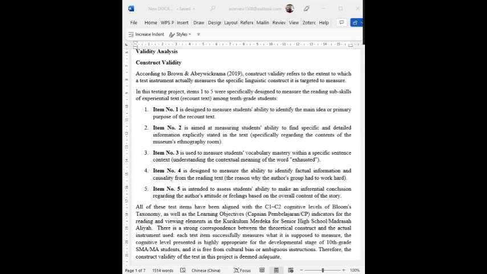The third is to understand vocabulary meaning in context, like "exist". Four, identify factual information and causality, like cause and effect. Five, making inferential conclusions about the author's feelings.